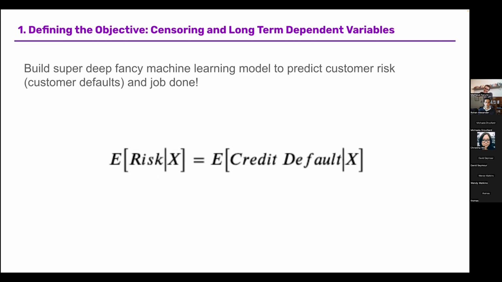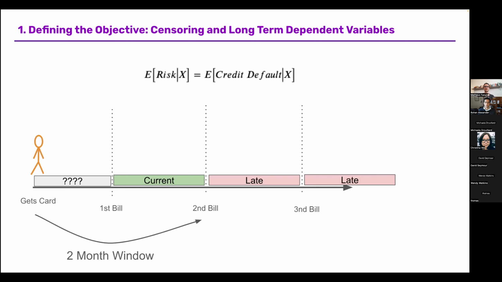And yeah, in some aspects, it is super easy. You have a binary target, default or not, and a bunch of features like credit scores from credit bureaus, like FICO score and stuff like that. And you want to predict if a customer is going to default given those features. But the hard part of the problem is not building the model, it's something else entirely. For instance, one of the biggest challenges that we have is defining the outcome variable. What is your y here? What exactly are you predicting?